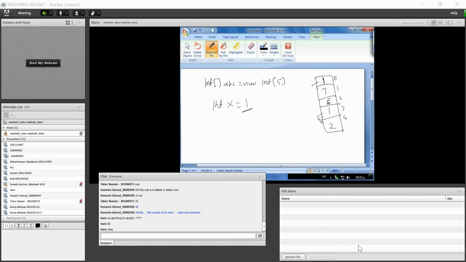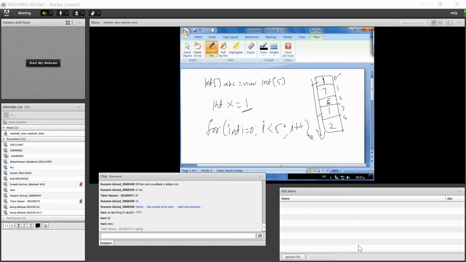How to find it? You have to go through the whole array. Now how to go through the whole array? By using a for loop starting from 0. Int I starts from 0, that is from the 0 index. I less than the size of the array 5, I plus plus. Okay.